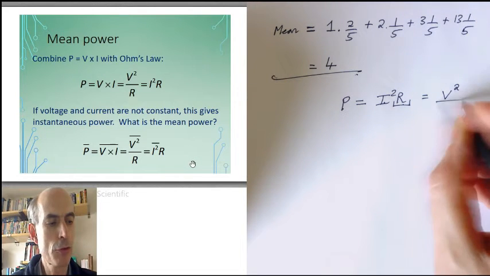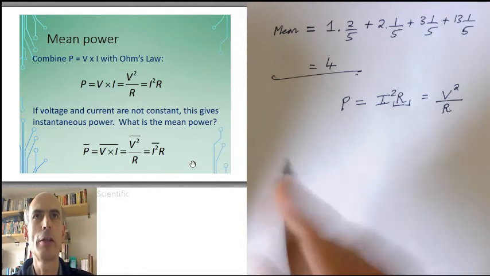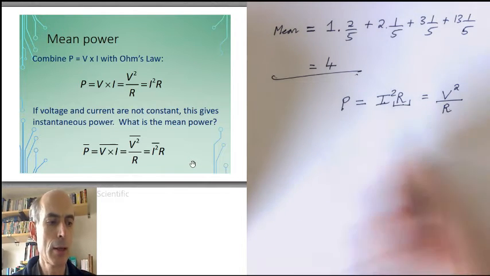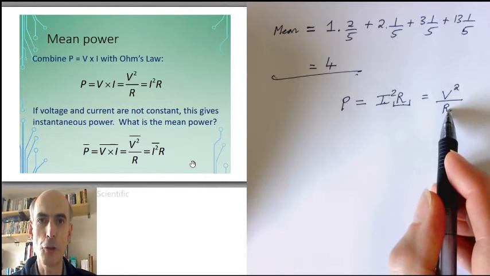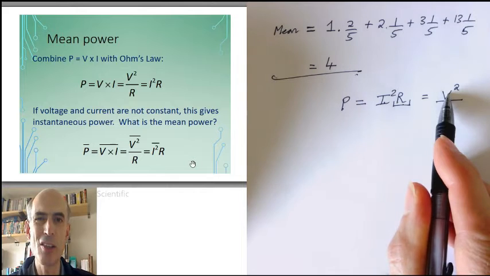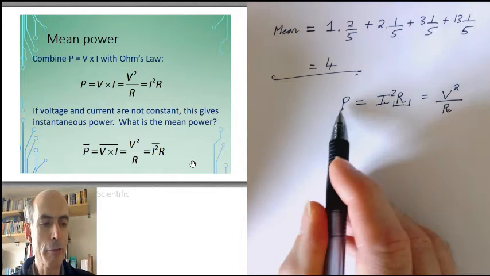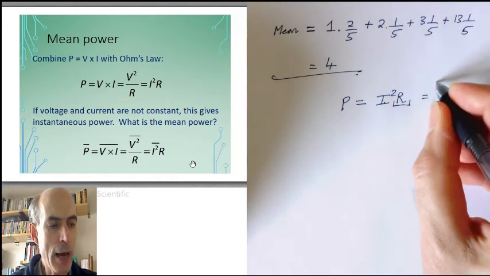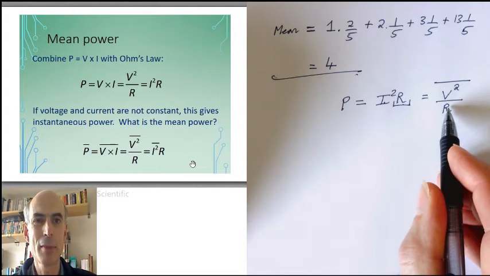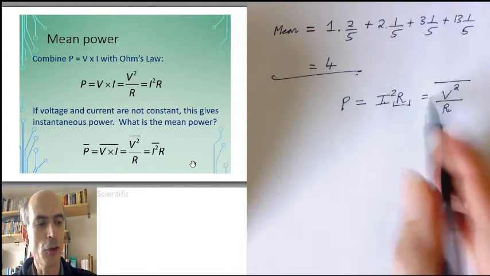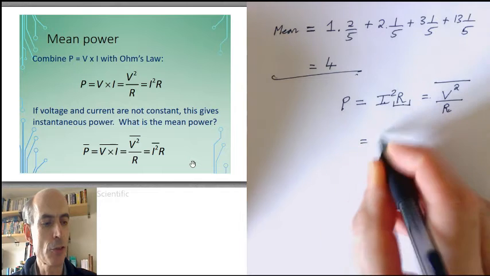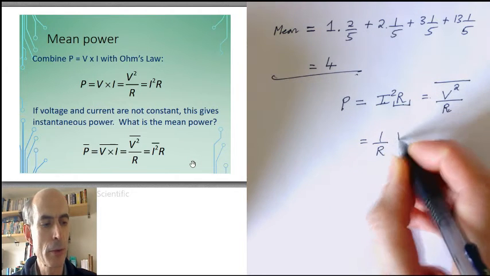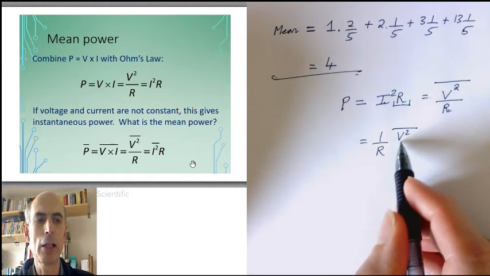The power is the square of the voltage divided by the resistance. Again, the resistance tends to be constant in a circuit, but the voltage isn't. So if I want to know the average power, I want to know the average value of this. Because the resistance is constant, I can write that as 1 over R times the average value of the square